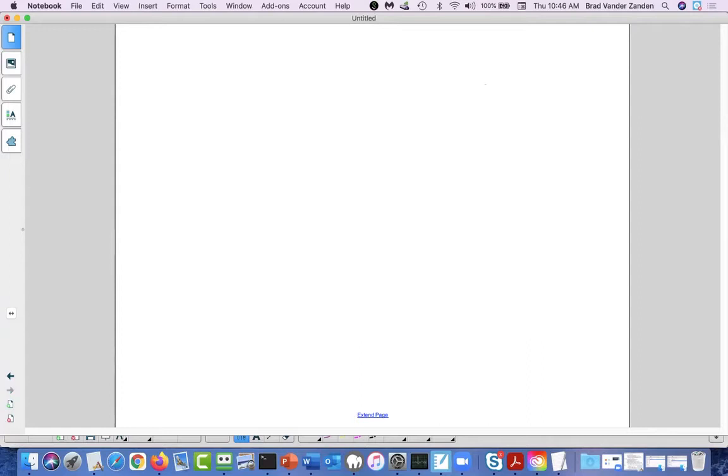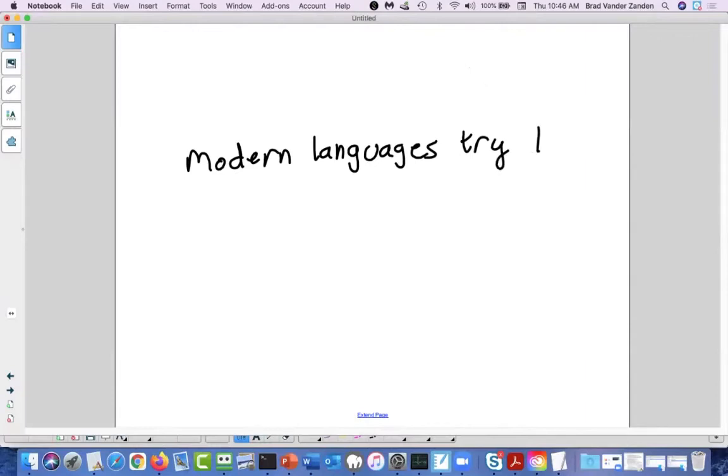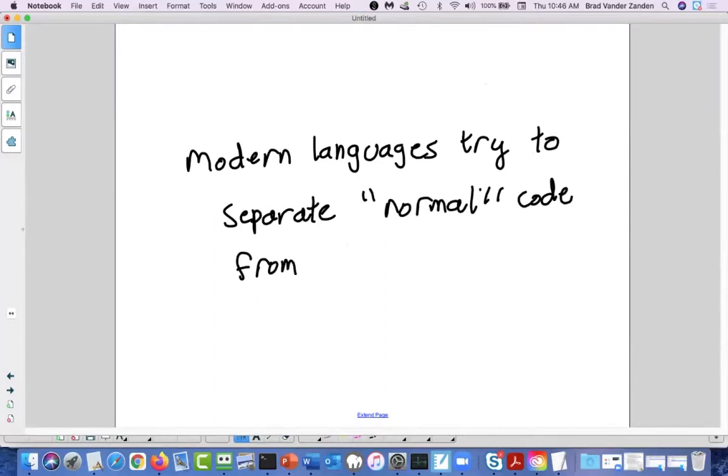So in modern languages, they try to separate normal code from error handling code. They try to put them in separate parts